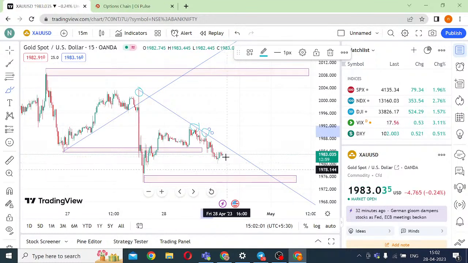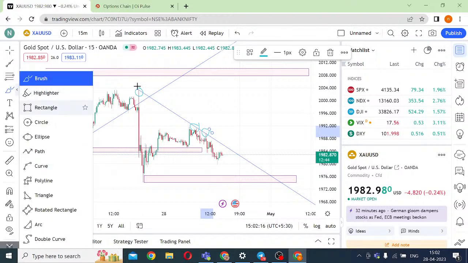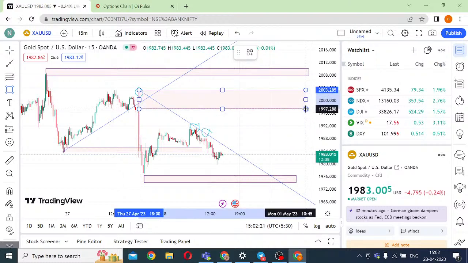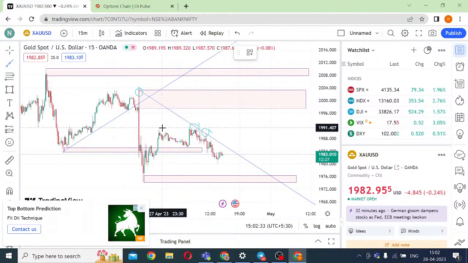If it comes down once and creates a sweep candle here, sometime in the evening session, I think around 7 o'clock when the market opens, you may get a sharp pullback. There will be a liquidity sweep for the targets, which can go as high as this level. What is the target inside this? The target is very big, a 5 point target. This zone is 5 points. So you may have to trail aggressively. Your trailing actually has to begin from